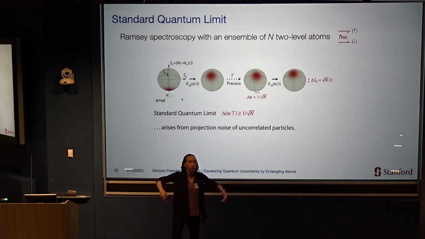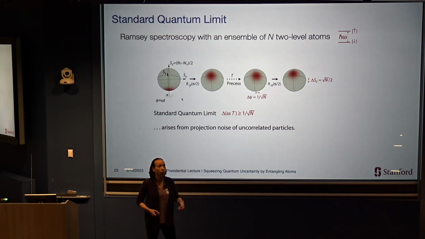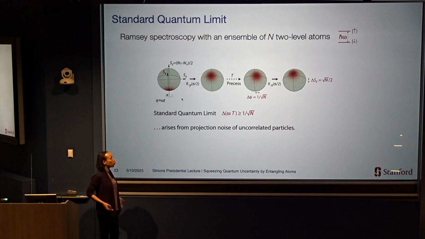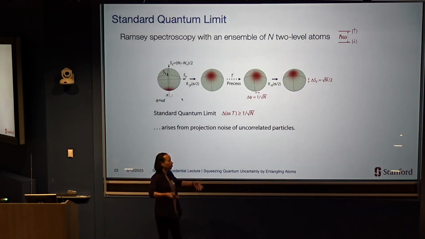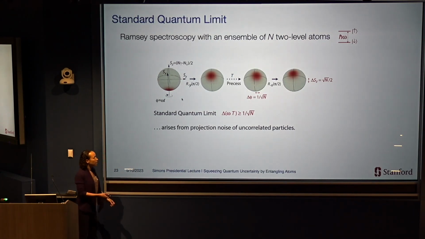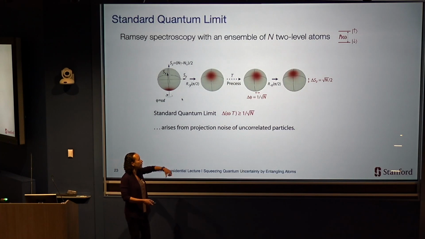And each one gets projected into pointing either up or down. When I do the measurement, it has to decide to be in one of those states. And this is sort of that coin toss noise. If I toss n coins, there'll be some fluctuations of order root n in how many I measure in the two states. That means I have some fluctuation of square root of n in the number I measure up versus down.